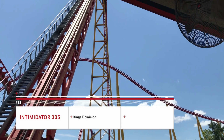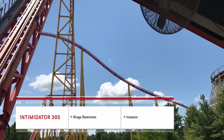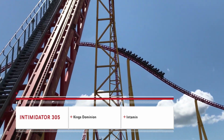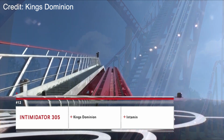Number 12, Intimidator 305 at King's Dominion. This is the first of the 3 Gigas to make this list. I-305 features a massive 300-foot drop with very strong sustained ejector airtime. However, the drop feels like it's much shorter than 300 feet since the valley starts way sooner than it should